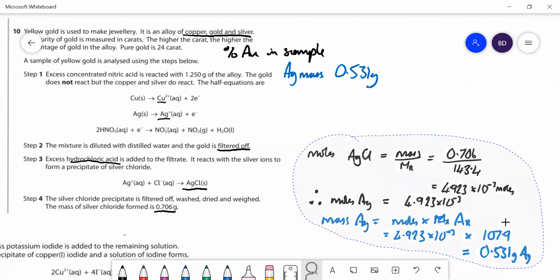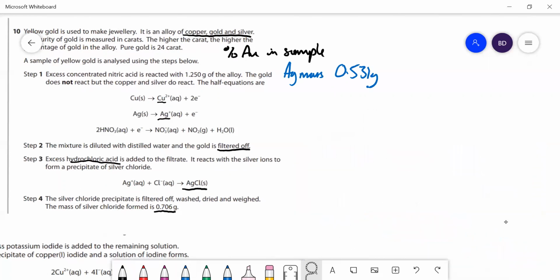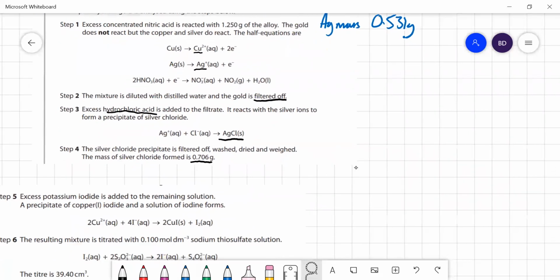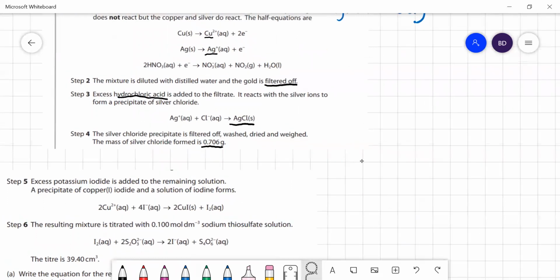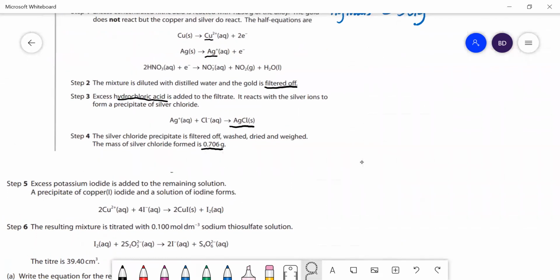Now the next step is to find out how much copper we have in the sample. That's a bit more complicated than that one. So how do we find out the mass of copper? You've got copper 2+ ions in it, and you're going to react them with an excess of iodide ions, and this makes iodine. And then we can find out the number of moles of iodine we've got by titrating the iodine